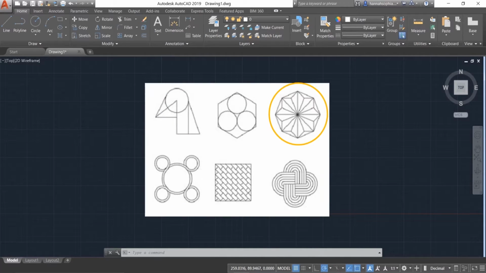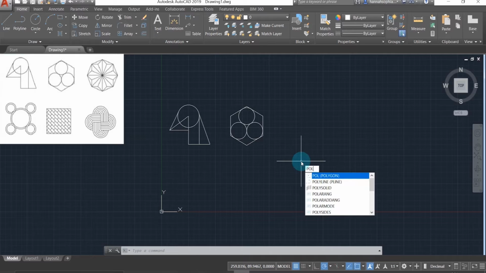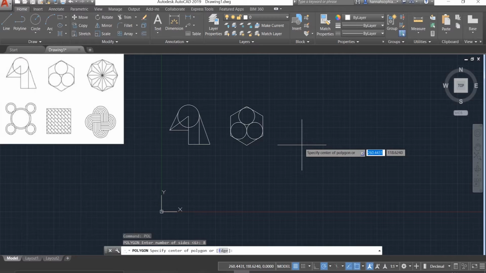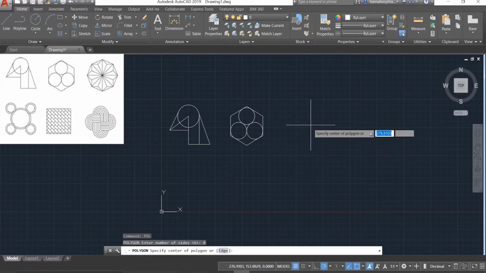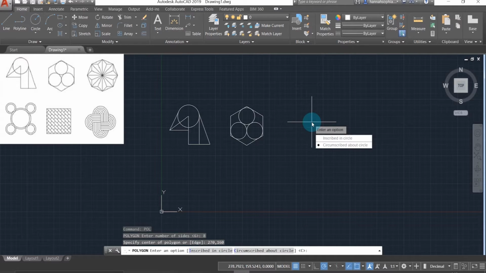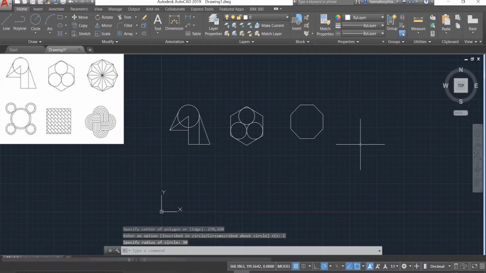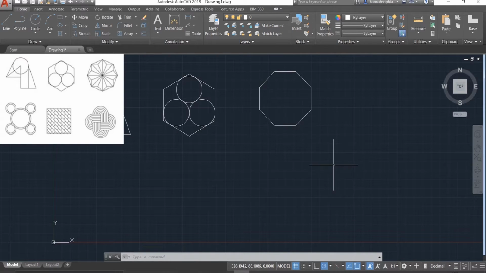For the third figure, type command POL, and since the polygon has 8 sides, type 8. And I want the coordinates 270 and 160. So enter. Select the circumscribed about circle, and the radius will be 30. So before we proceed, I'll just reposition this previous figure here,